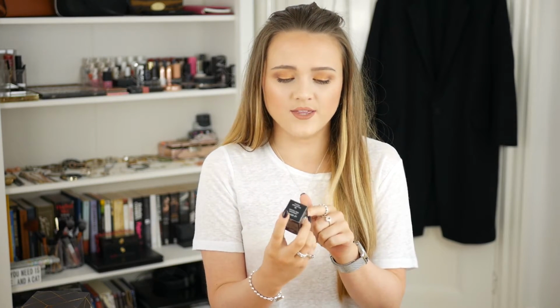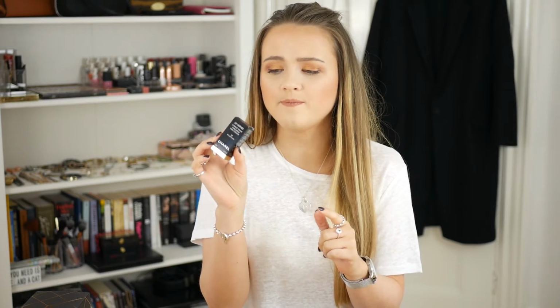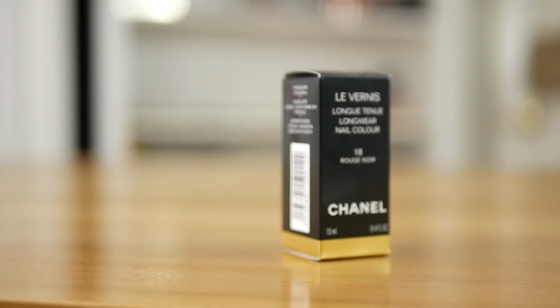My favourite colour nail varnish ever is actually what I've got on now, which is a very dark red. It almost looks black in some lights. I pretty much wear this all year round. I just think it's a very classic colour, looks very classy and sophisticated. And this is actually the Rouge Noir by Chanel. It's shade 18, and it is the